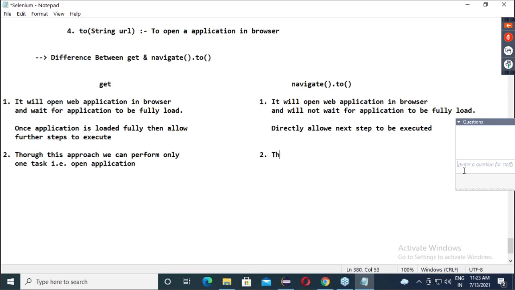Here, through this approach, we can perform how many scenarios? 4. Open application, back, forward, refresh. Okay, we can perform 4 scenarios, like open app, back, forward, and refresh.